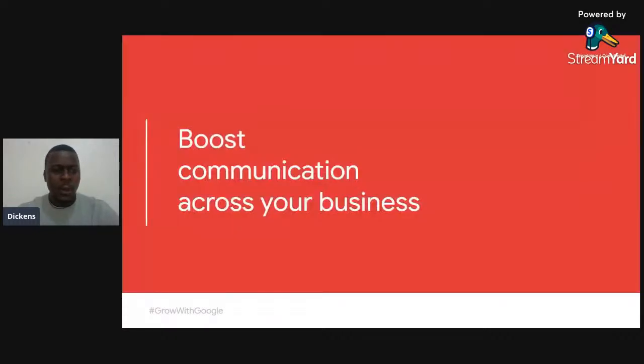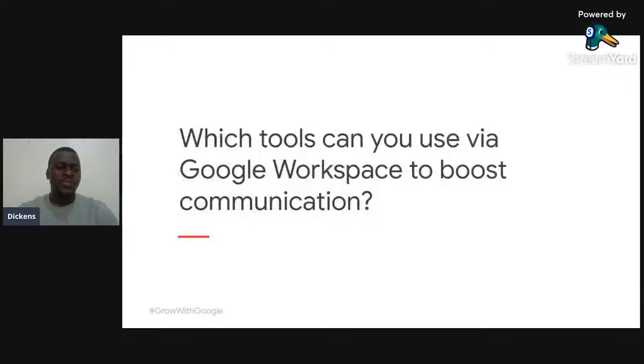And this is what I was saying, which tools can you use via Google Workspace to increase and boost communication. The other tools that we've looked at enabled you as a business person to collaborate on documents, slides, or spreadsheets. But here we want to now communicate with others. How do you communicate with others? I'm going to show you how you can